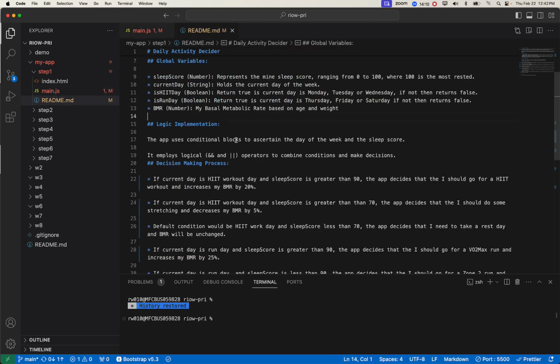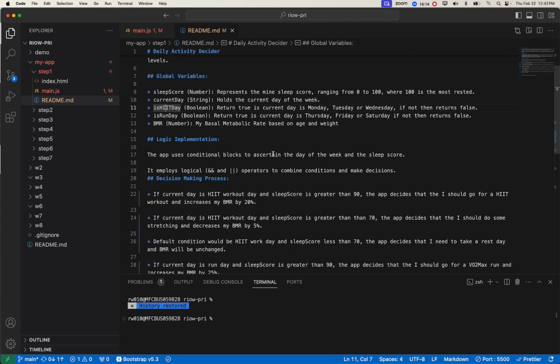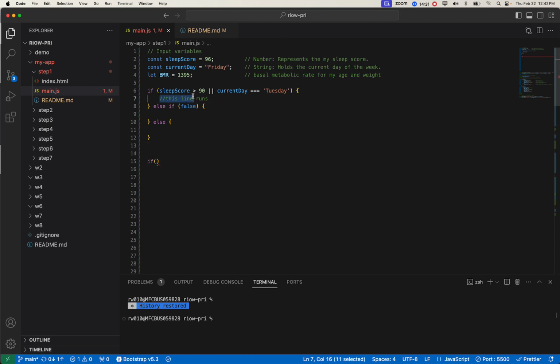In this case I would also set variables based on my decision. So I end up setting the variable of my BMR, because that's my calculated variable. If I modify it based on my logic, so if I am doing a hit day, I increase my BMR. So there is definitely some work that I could be doing inside of here that I'm not showing, but I'm just trying to give you the example. So then this will be your second block. Again, I'm not showing it all. And then you could have your console.log,